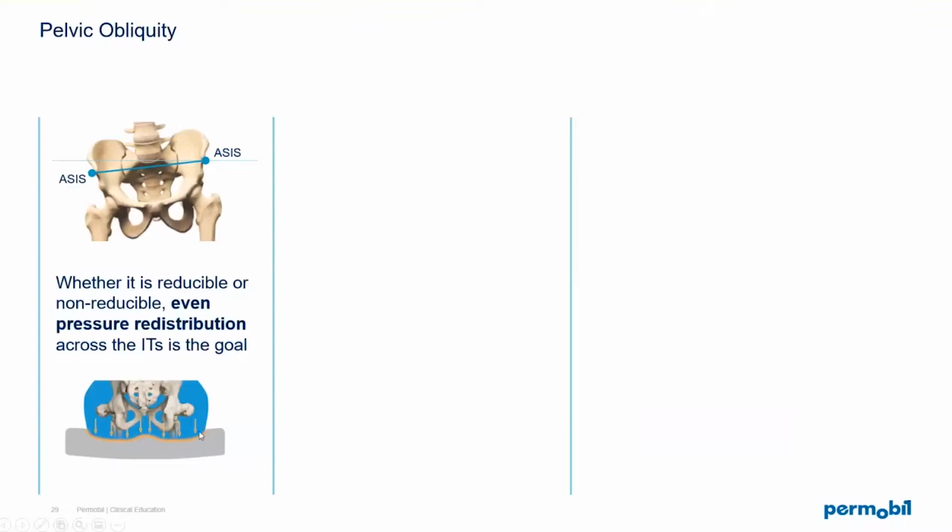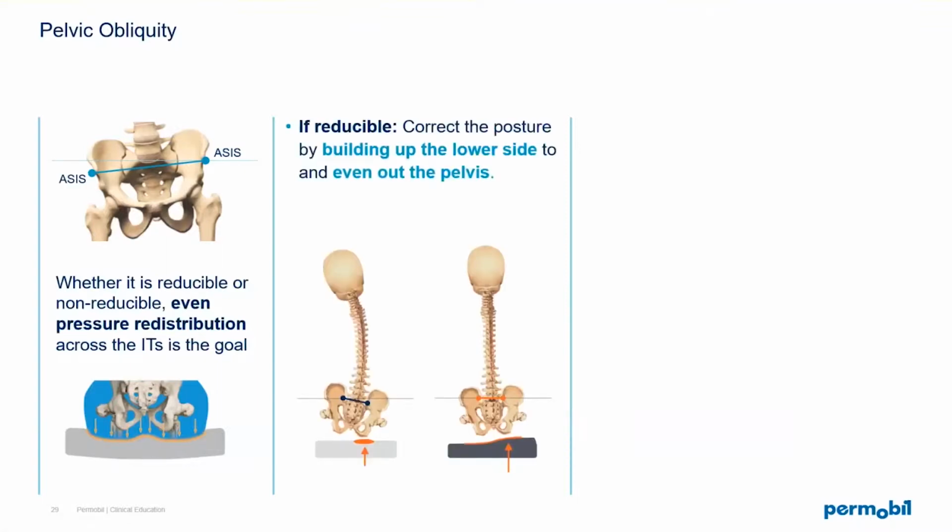And how we achieve this is really going to depend on whether the obliquity is reducible or non-reducible. So when dealing with a reducible, again, that means that I can fix or correct this pelvic obliquity, then my goal is to try to even out the pelvis again. And I'm going to actually raise up the lower side by adding to the cushion so that I can create that even pressure distribution. So I'm going to build up the lower side to create even pressure distribution and have